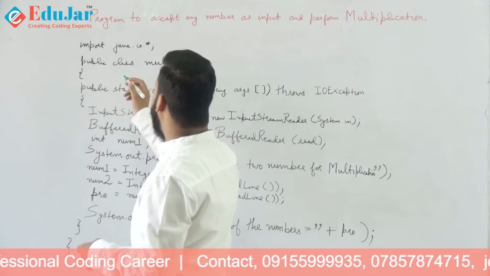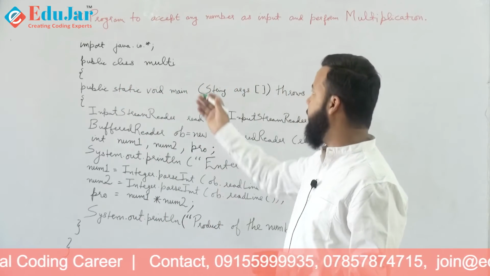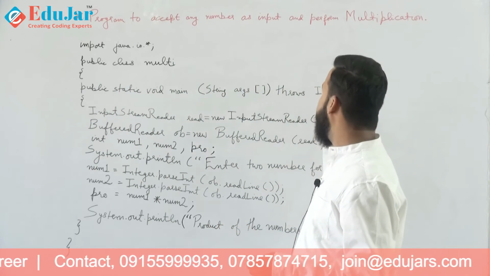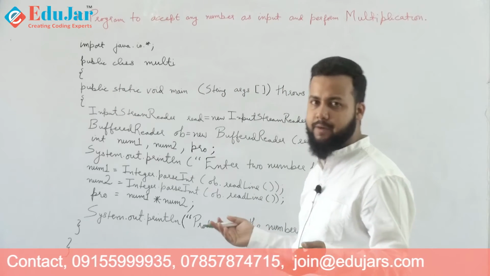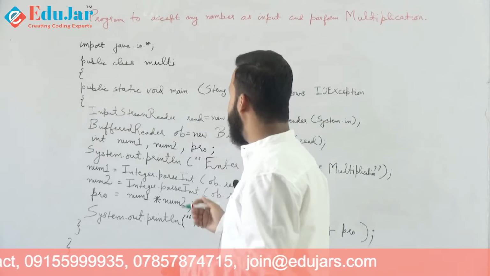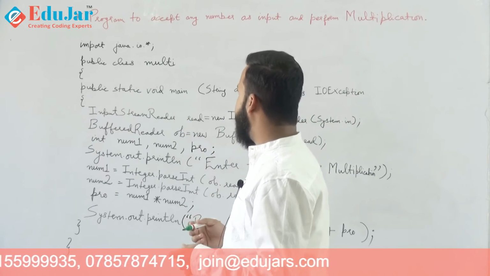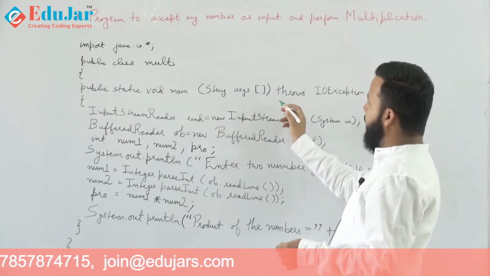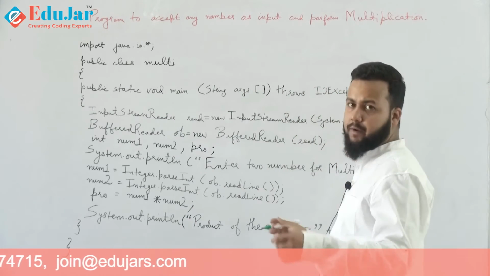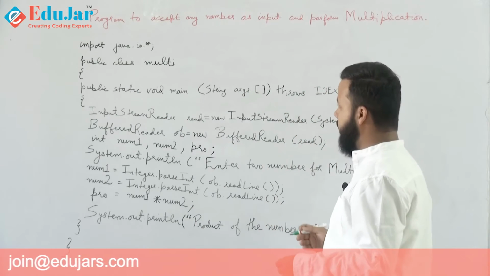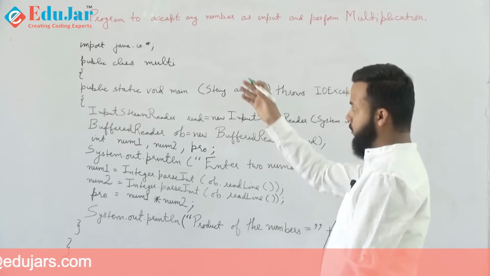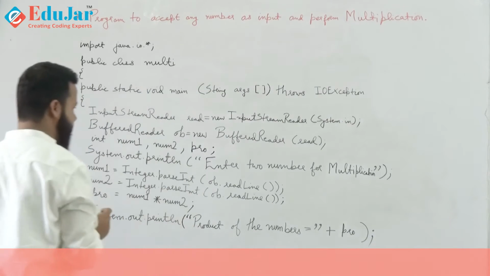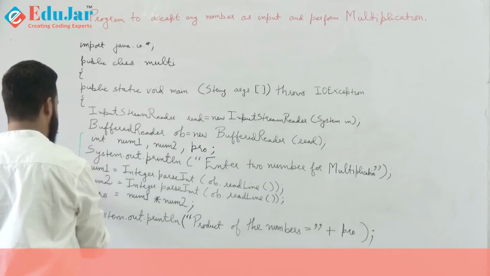Then I have used public class multi. I've named the class multi. You can name it anything of your choice, but as we are doing multiplication, I have written the same. You can see I have used public static void main. I have initialized the program. I have used an extra throws exception, as we want the value to be entered by the user. I have used BufferedReader for this same IO package. And now let's come to the main operational part of the program.